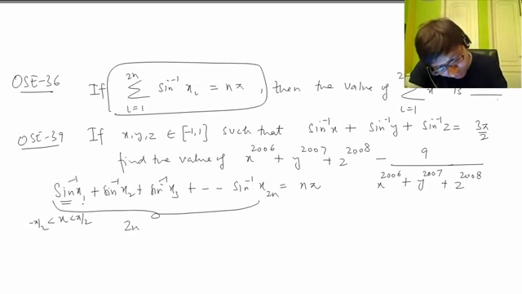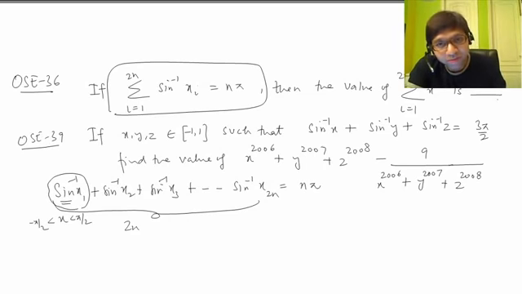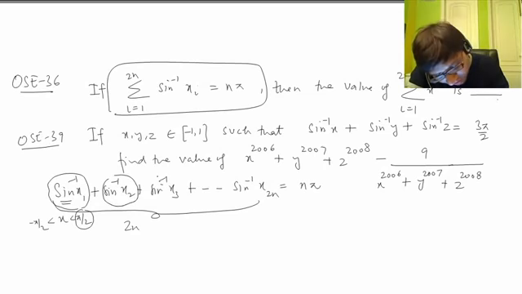Now let's see, if each and every part will contribute its maximum to the sum, how much the sum will become on the left hand side. If everyone takes their maximum value, it means that x1 should be 1, x2 should be 1, because pi by 2 comes when sine inverse is pi by 2, then the ratio inside is 1. So if all decide to contribute maximum, then what will be the total sum?